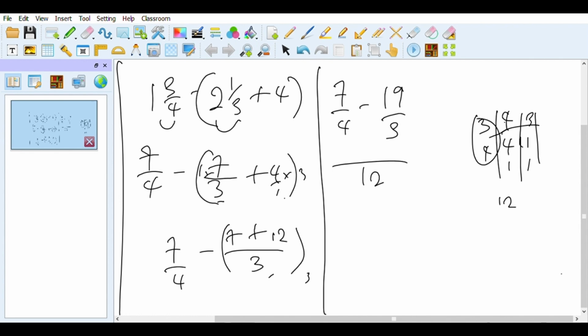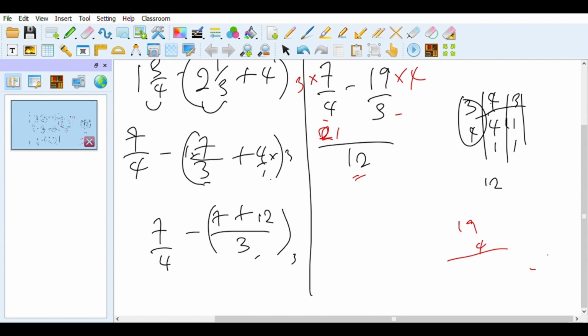Okay, so we now divide as usual. If 12 is divided by 4, we have 3 because 4 times 3 is 12. Use that 3 to multiply 7. 3 times 7 is 21. So when you divide, you multiply the numerator. 12 divided by 3 is 4. So use that 4, multiply the numerator. If 4 multiplies 19, 4 times 19, 4